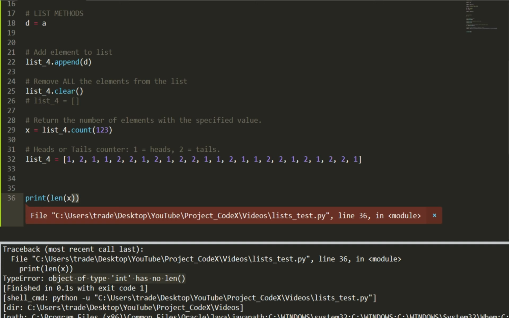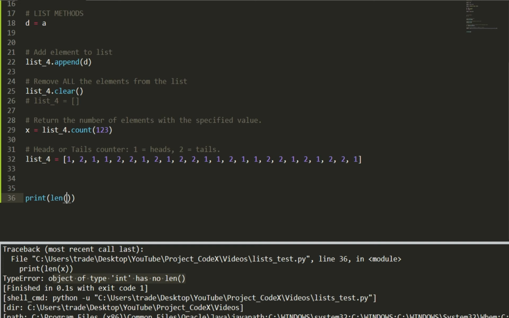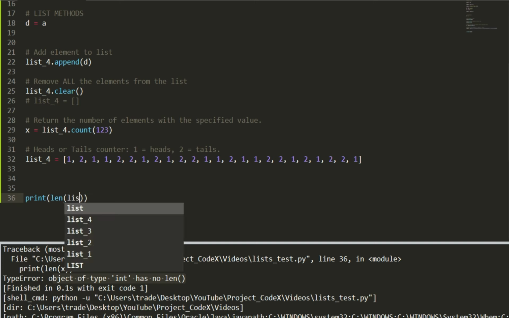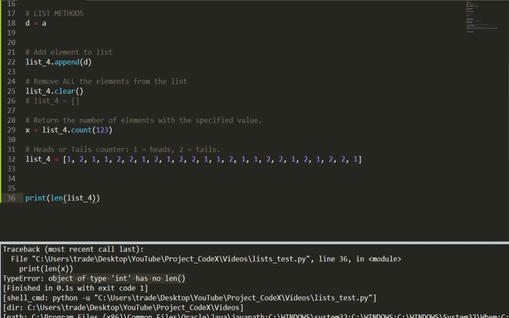So that was wrong. We're going to delete it and remove that. So length. We're going to put in list 4, and I want to figure out how many elements are inside of list 4 by simply using the method length,